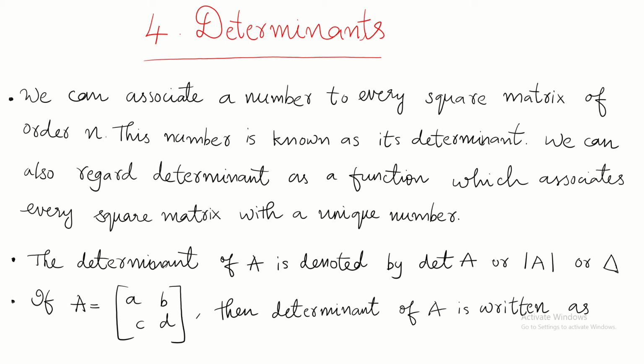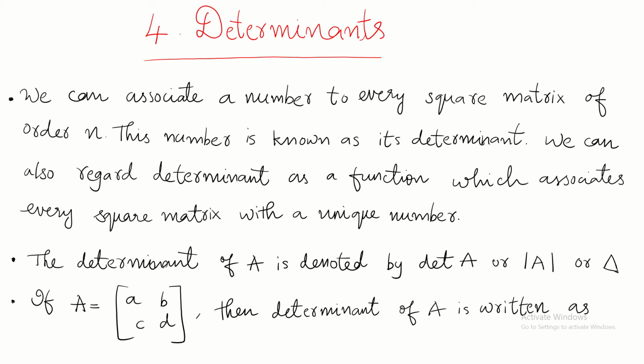In the previous chapter, matrices, after solving the question, we got the answer as a matrix. But here, after solving the question, we are getting a value, that is a digit. That digit or value you get after solving the question is called the determinant. For that, first you will be given a matrix, and you have certain steps to solve that matrix to find the determinant value.